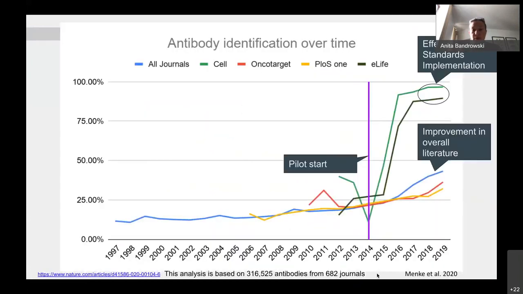Okay, so the other point about whether this worked is also being made here. We just published this last year. This is, again, another large swath of an analysis, based on 316,000 antibodies from 682 different journals, published in 2020. And this is that identifiability percentage. Again, I should have had my label here, I apologize for that. But you can see that in 97, 98, 2000, and this algorithm is not looking for